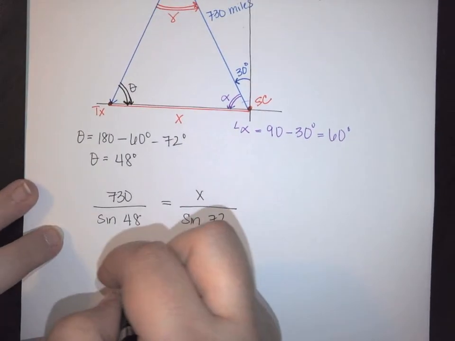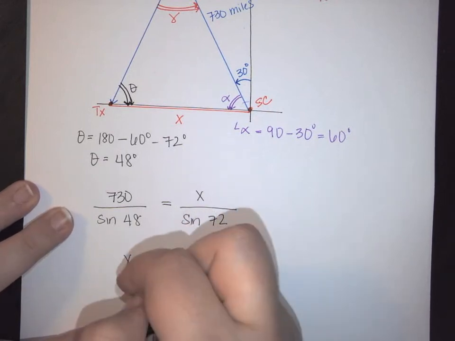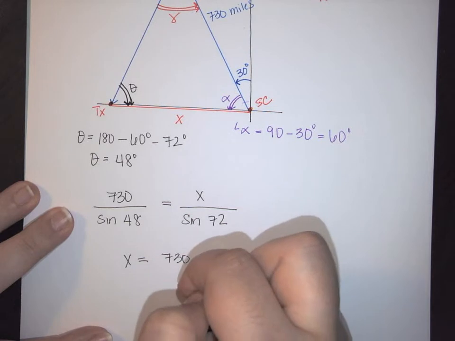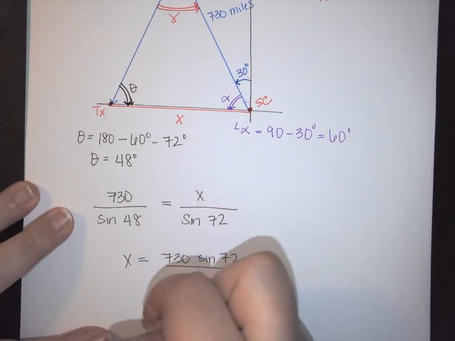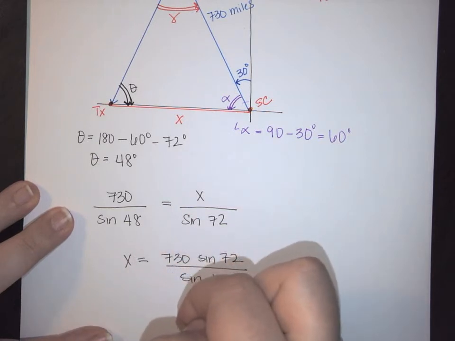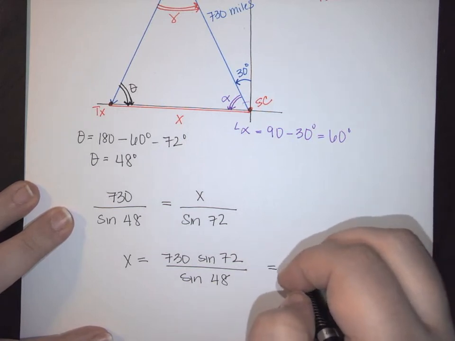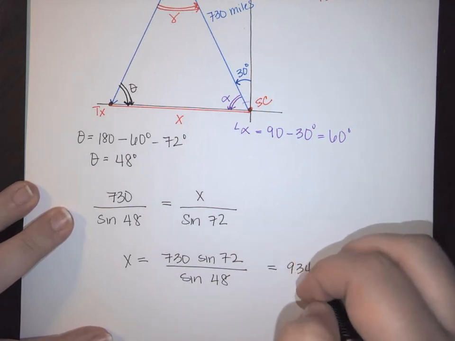So here we would have that x is equal to 730 sine of 72 over the sine of 48. So my x is going to be 934.2